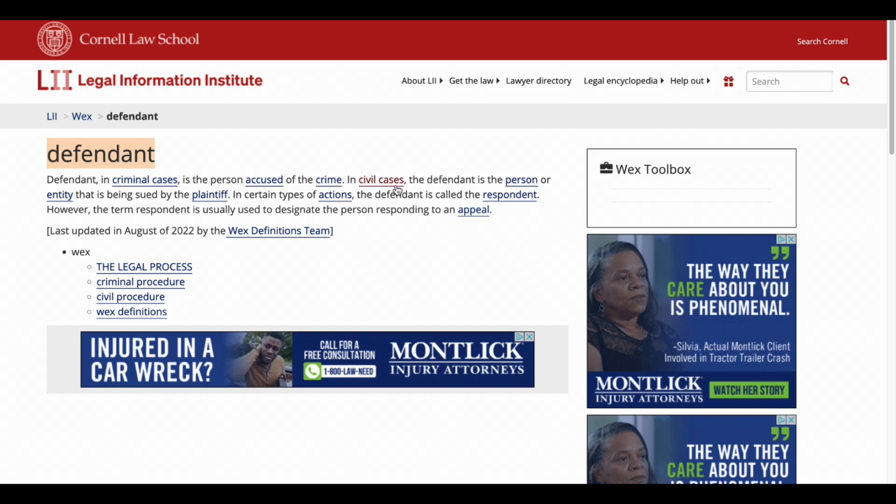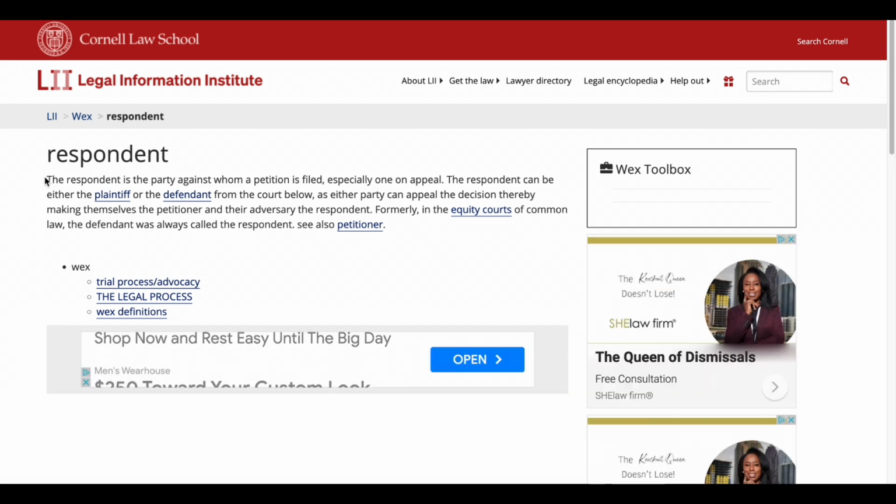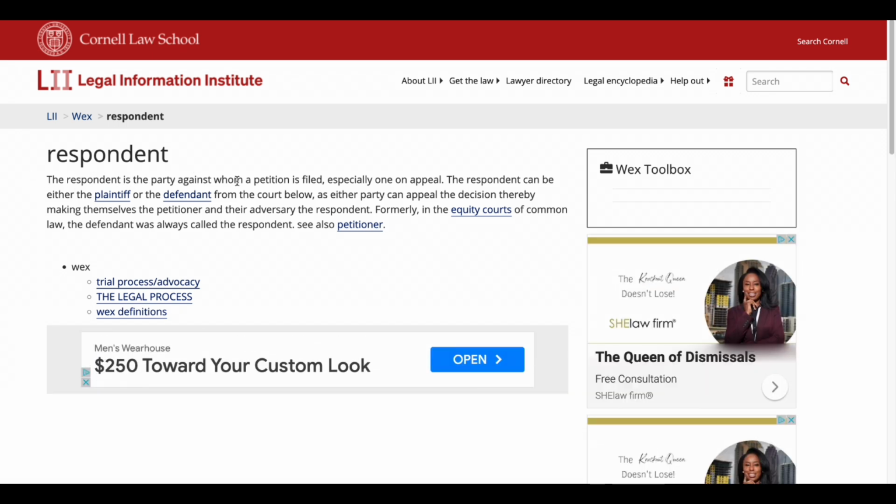Okay, so these are civil cases. When you're dealing with civil cases, you're going to have a plaintiff and a defendant. In certain types of actions, a defendant is called a respondent. Now, click on respondent. The respondent is a party against whom the petition